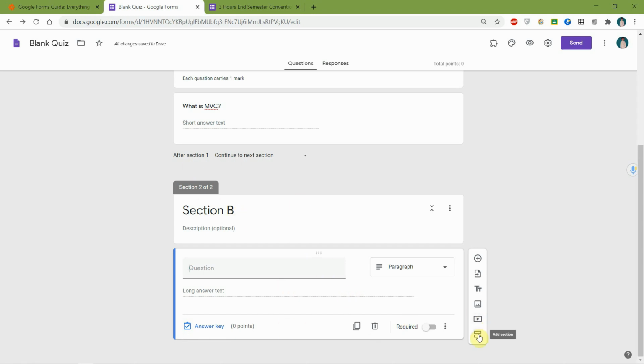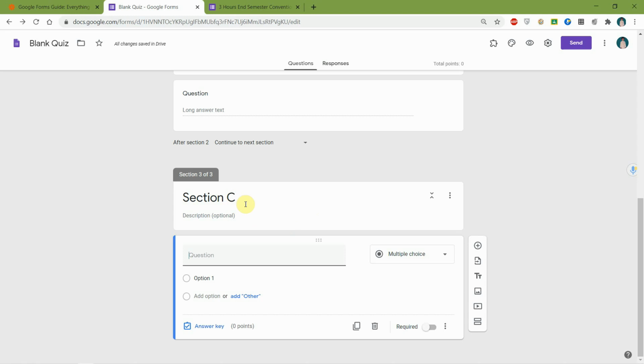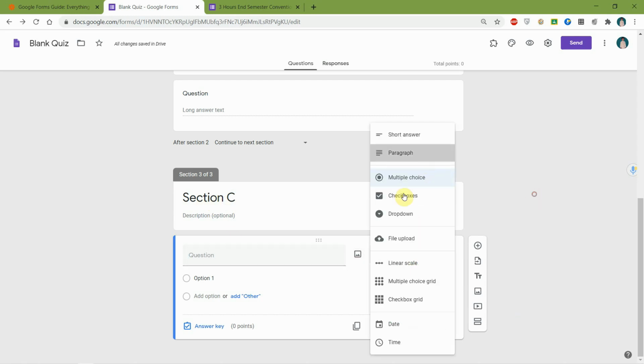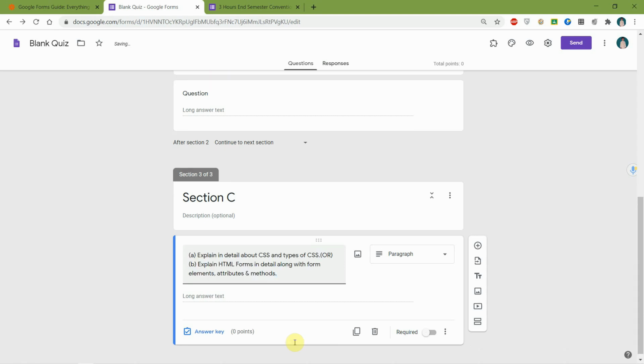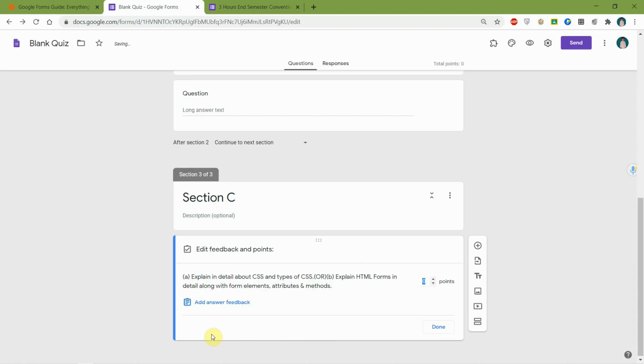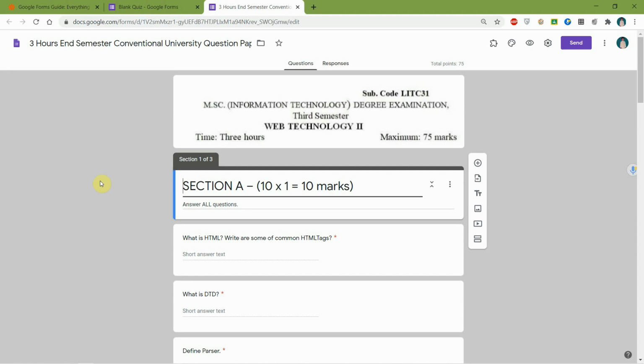Click add section, type the heading of this section, choose paragraph and copy paste the question here. And in the answer key, give the points to this question. Section C, for a question, contains 8 marks. And click done.